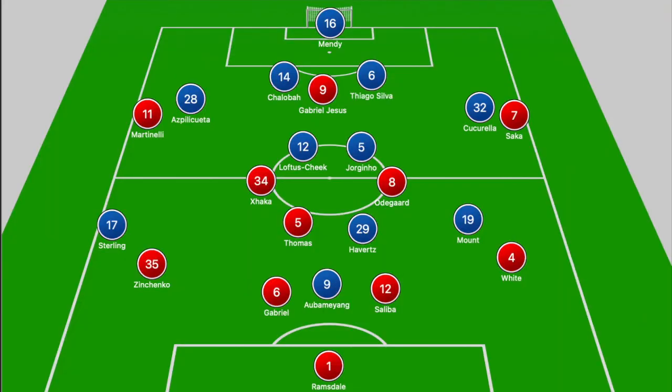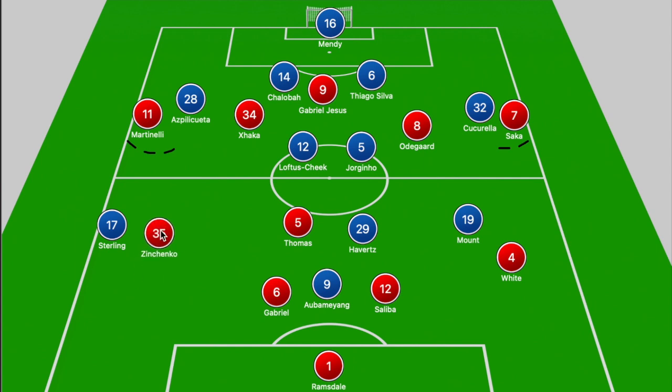We didn't see any major changes from Arsenal in terms of how they wanted to attack. Martinelli and Saka hugged the touchline, and then Xhaka and Odegaard were pushing beyond Jorginho and Loftus-Cheek to peg them back. So what you end up seeing here is that you have Zinchenko and White in the fullback roles and Thomas Partey operating as a single pivot. So essentially that does mean that Chelsea are outnumbered 5v4,